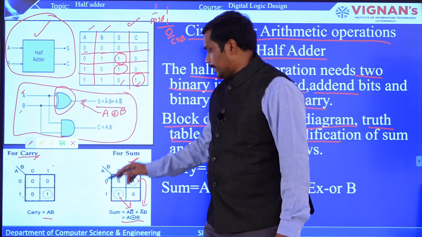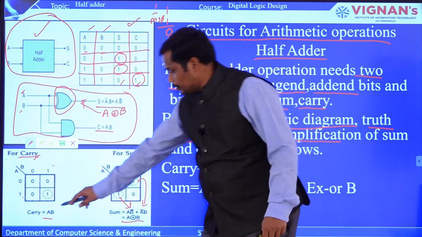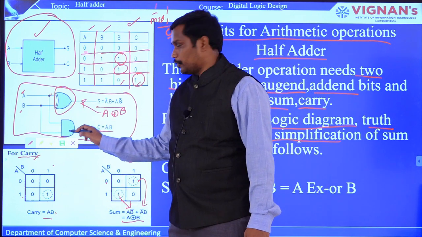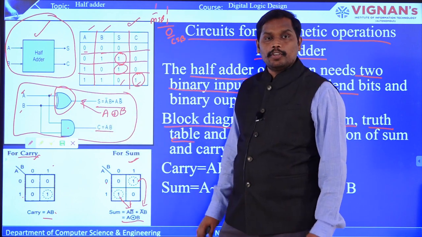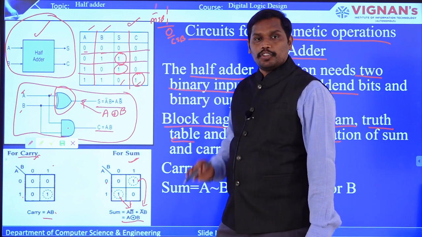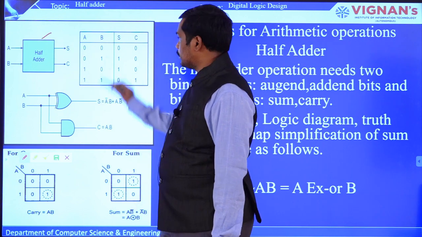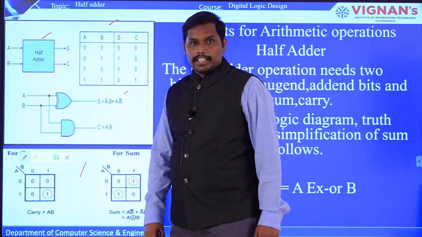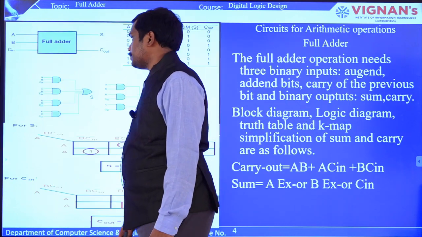Now for the carry, you are going to have C is equal to AB, which is the carry, right? Since you get AB, you are going to draw 2 lines from the corresponding inputs and apply the AND operator, and this is how C is equal to AB. You have got the logic diagram. Is it clear? This is the whole process of the half adder. This is the block diagram, this is the truth table, this is the logic diagram, these are K-maps for the half adder. Now we see what is a full adder.